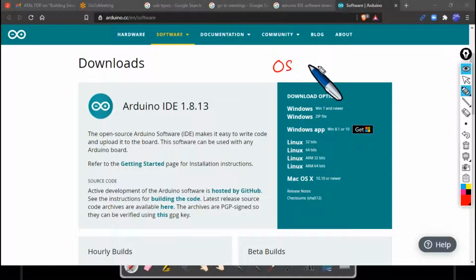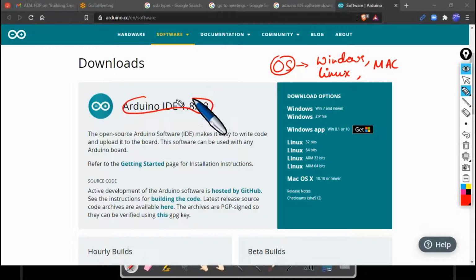whether you are a Windows user or a Linux user or a Mac user, depending upon your operating system, you can download the respective Arduino IDE software over here. If you are a Windows user, you can go for any of the three choices here.